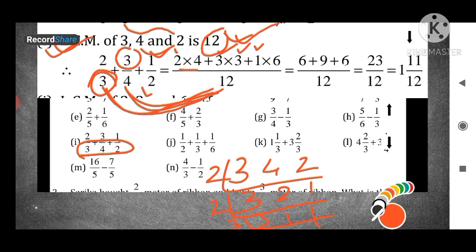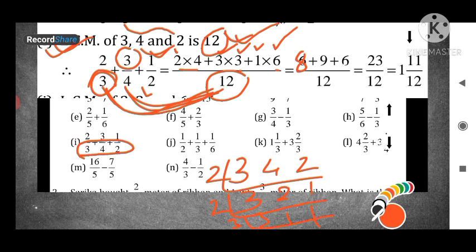Then multiply 12 divided by 2. 12 divided by 2 is how much? 6. Okay, you will write here 6. So in this way you will find all these values. Now 2 fours are how much? Here you will get 8. Okay, this is a printing mistake. 2 4s is 8 and 3 3s are 9 and 1 into 6 is 6.